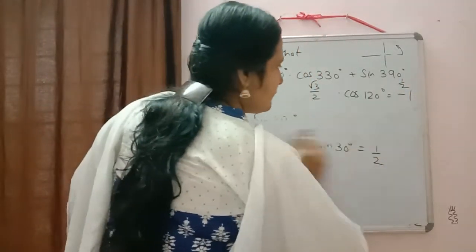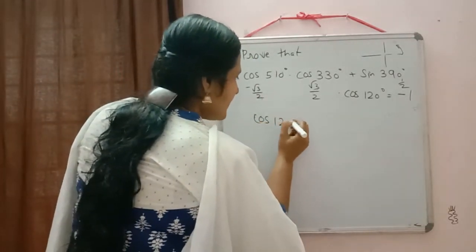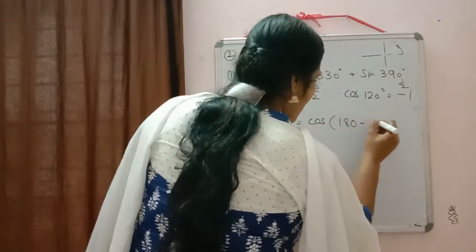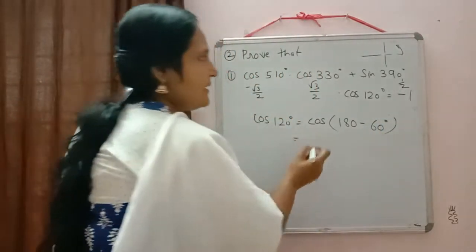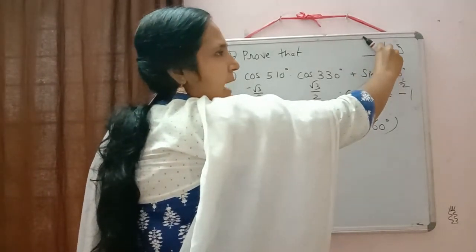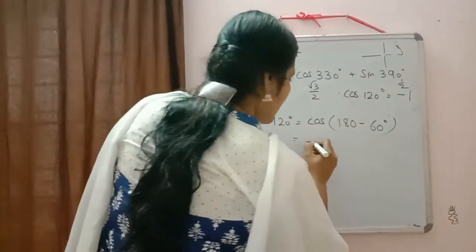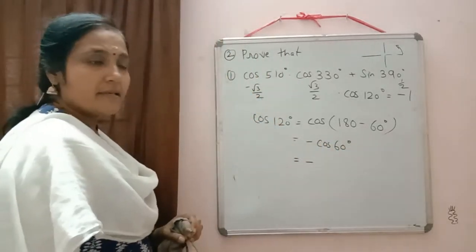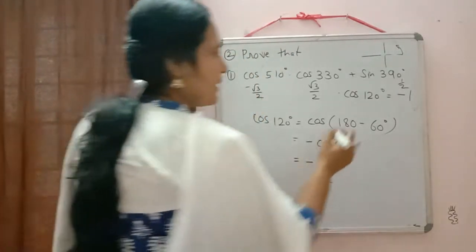Now next one more we have to calculate, that is cos 120 degree. How we can rewrite cos 120 degree? Cos 180 minus how much? 60. That will give you 120 degree. Okay. 180 means we are here. Minus if we are doing means where we have to go? Backward, second quadrant. In the second quadrant cos is negative. So it will be equal to minus cos 60 degree. And value of cos 60 degree is 1 by 2. So we are getting this value as minus 1 by 2.